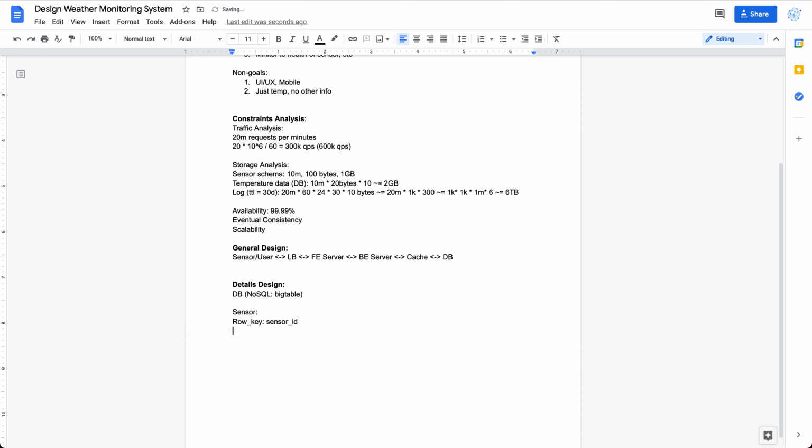So we have the sensor ID as a row key, and then we have the column families. Let's say the first one is going to be the info. You're going to store this as a protobuf. Essentially, it is going to store, well, it could be something like